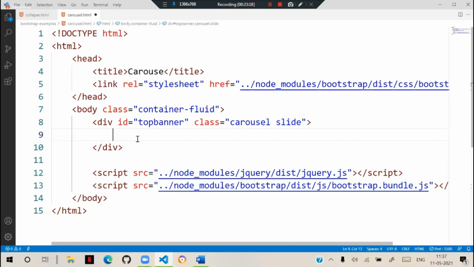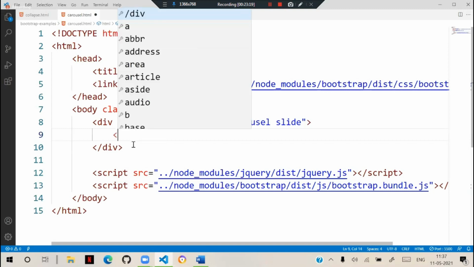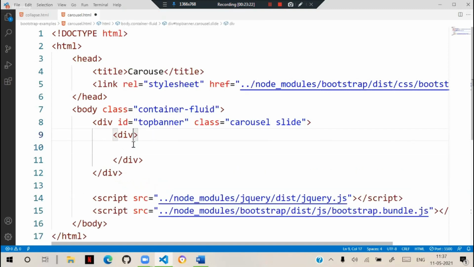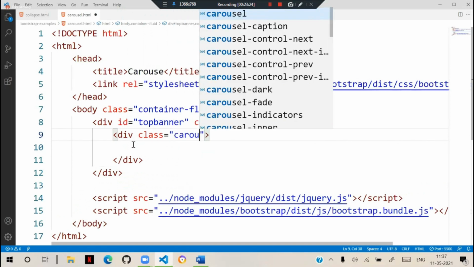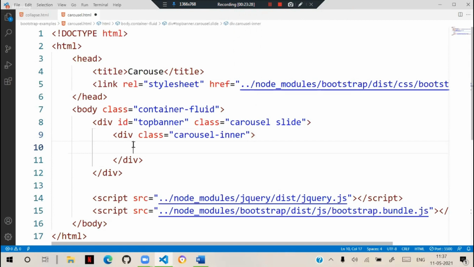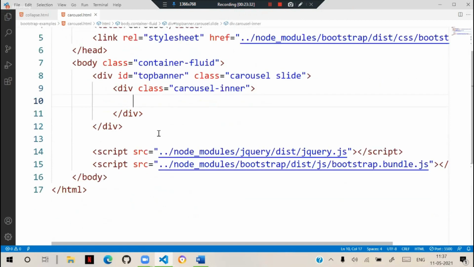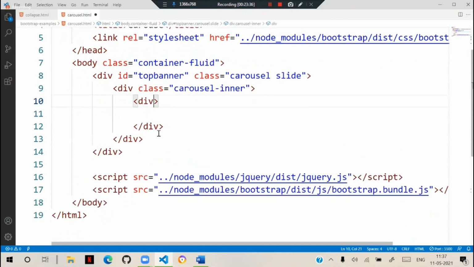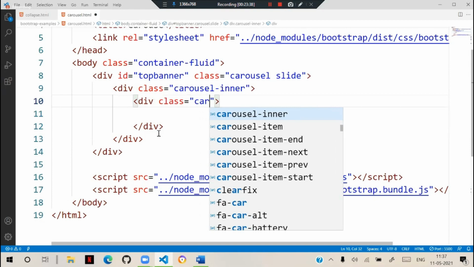Now inside the carousel, the class is carousel-inner. In the carousel-inner, we have carousel items. We need to design the class carousel-item as a banner.